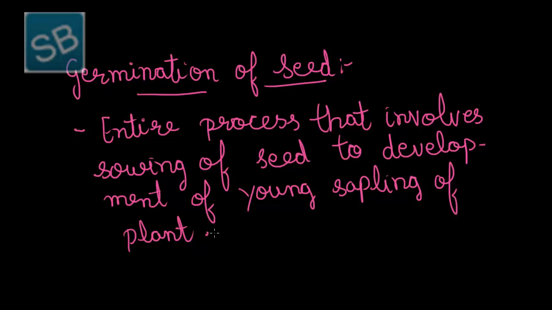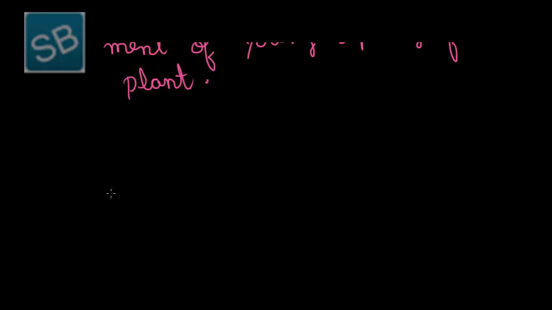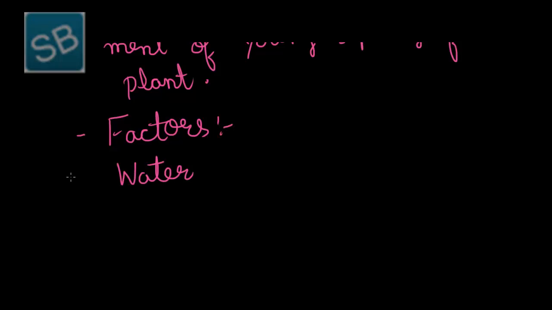Thus, the entire process which is carried out from the sowing of the seed to the development of a young sapling of the plant constitutes germination. Definitely, in order to carry out the development of a sapling of the plant, various factors are essential that help in the germination process. These factors mainly include water,